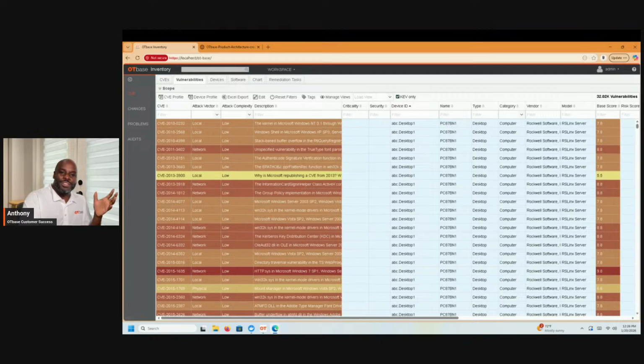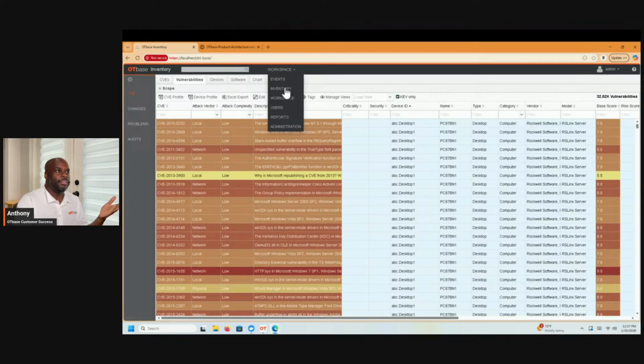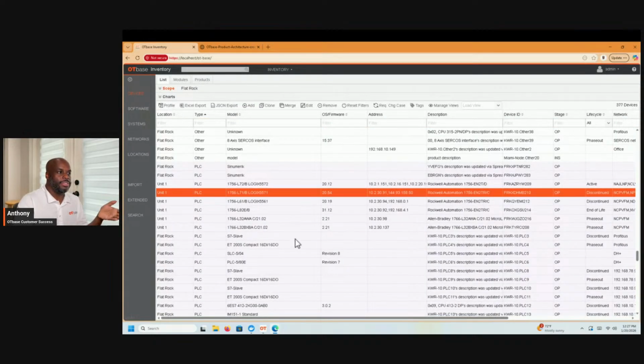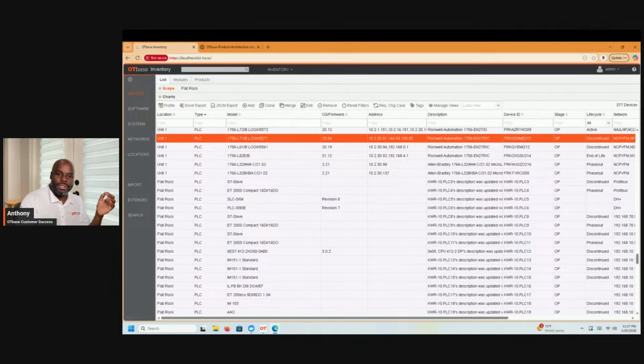So an inventory platform should give you a place where vulnerability management lives alongside the asset data, which I showed you here inside of inventory. And because it's built into the system, that's how you get the speed and accuracy of understanding your OT environment. And quickly, I just want to show you